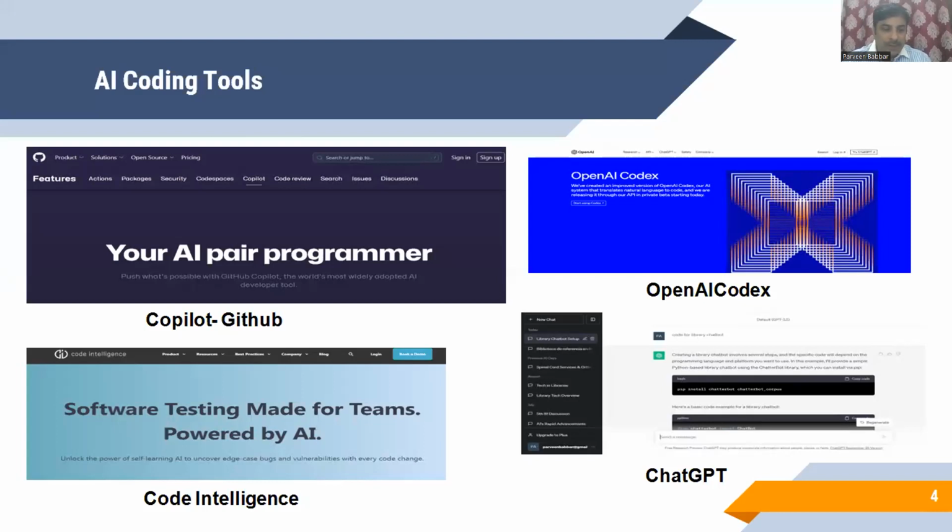So the first one is GitHub Copilot, which you can see on the screen. I will not go into the major details because of time constraints, but I will cover at least 7 to 8 platforms which are very beneficial to work with. Copilot uses the GitHub repository.